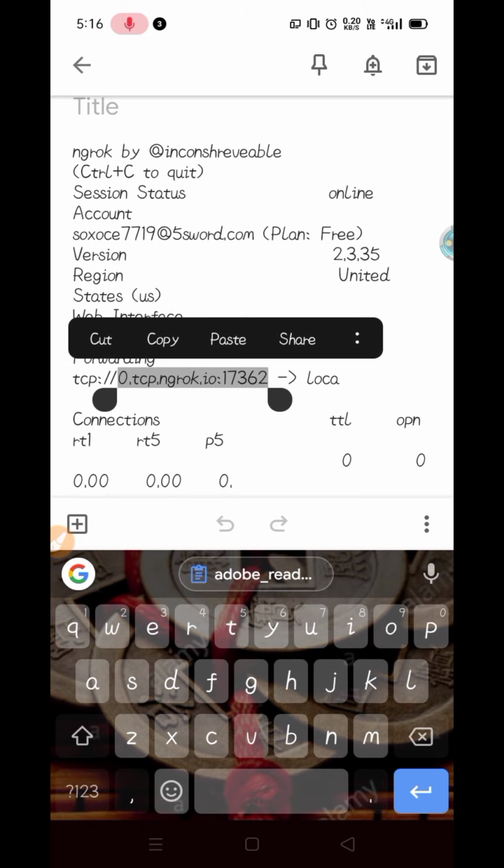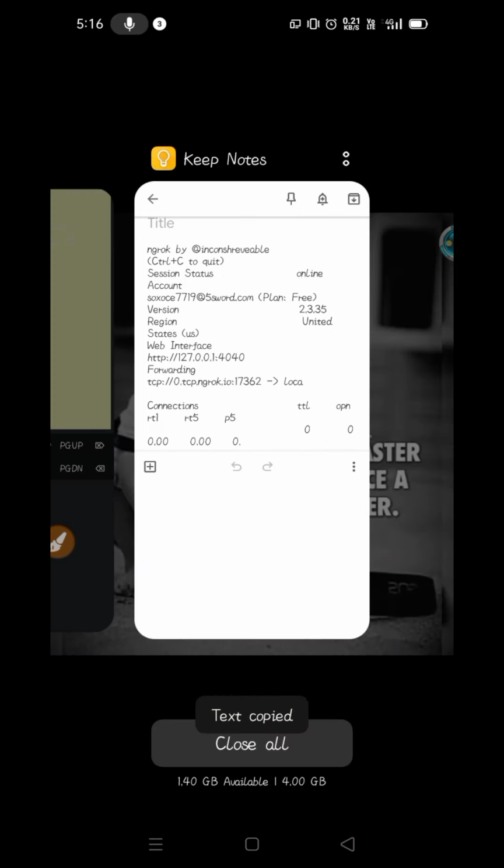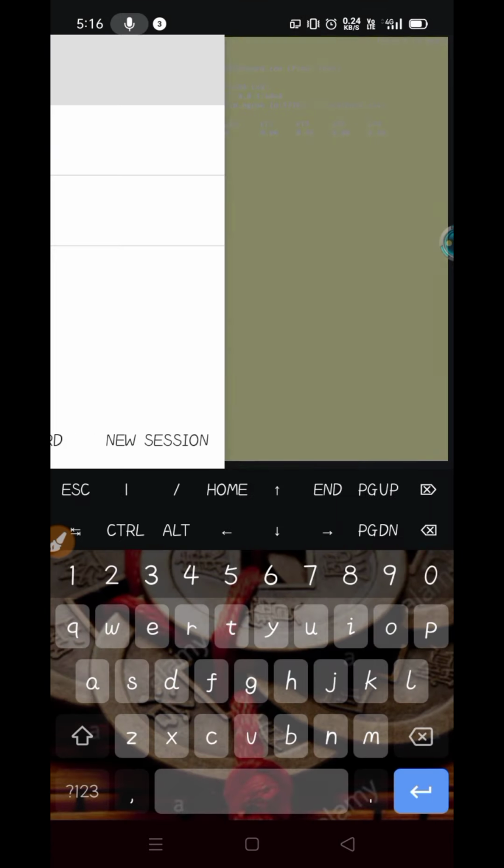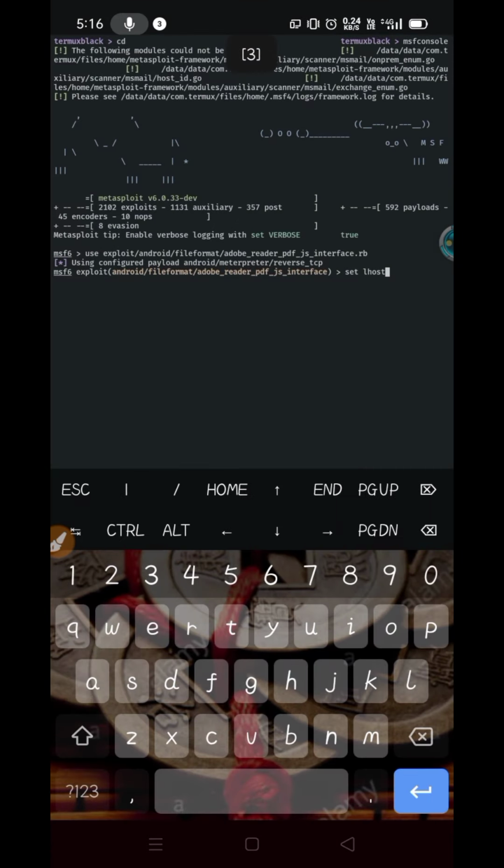Copy from the start up to .io as the LHOST. Now hit enter.